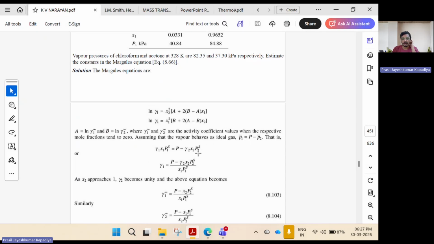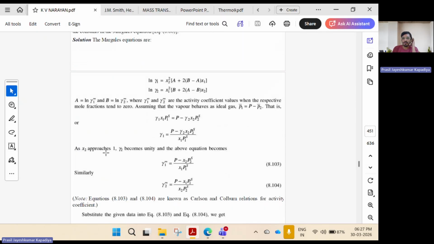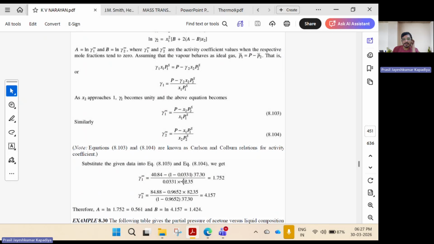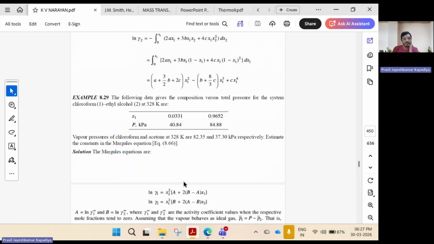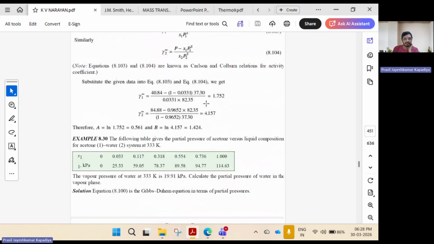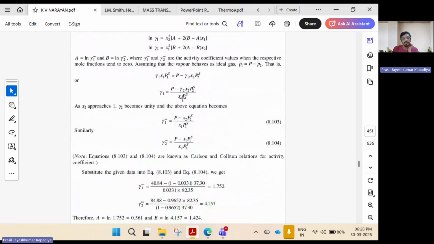So from there I have written gamma 1. Gamma 1 approaches 1. As gamma 1 approaches 1, gamma 2 becomes unity. So this is what is done. So here gamma 2 we have put 1, and here gamma 1 we have put 1. Correct? And when we put this value, we see that this is x1 tending to 0 and this is x1 tending to 1. So in this case, we have two equations, gamma 1,